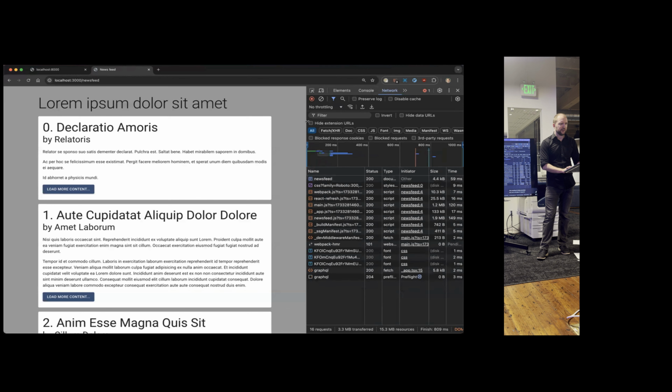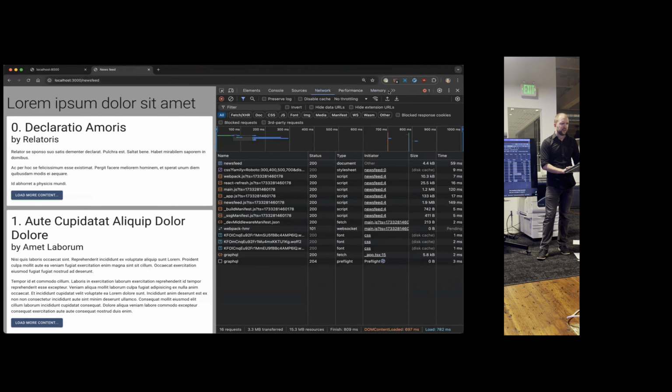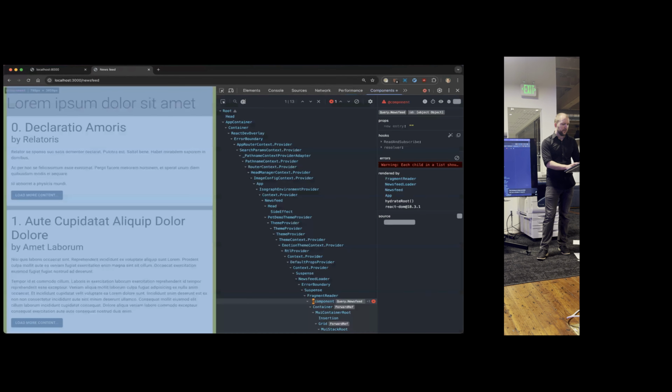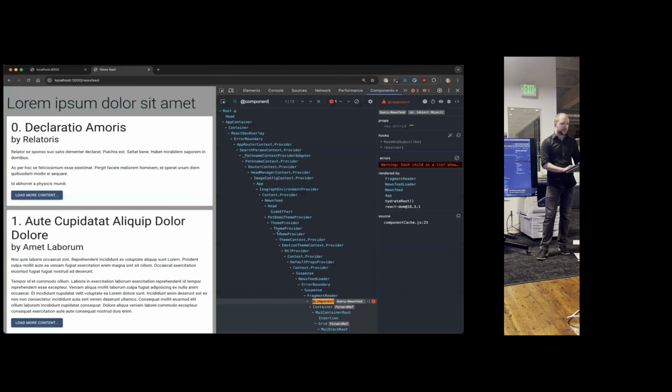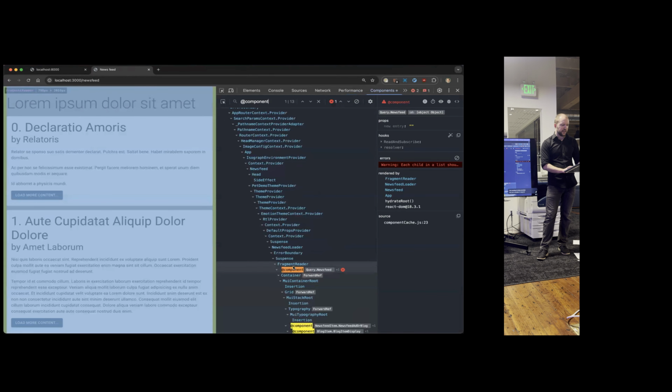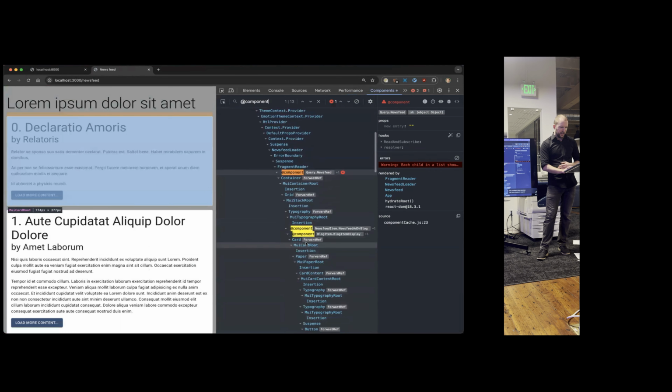So another thing that we can take a look at here is the components, the component tree. What you'll see is that all of these Isograph components, like this query newsfeed, this newsfeed adder blog, whatever, they're actual components, in the literal React component sense. Okay, so